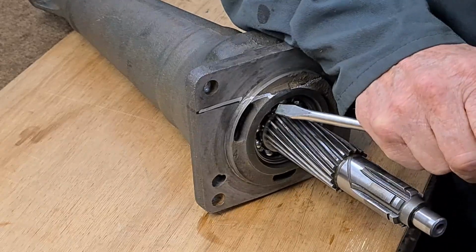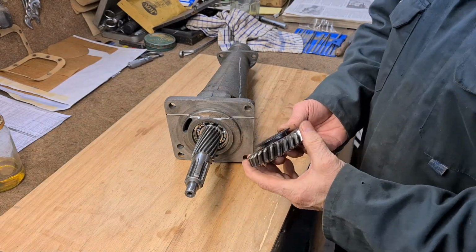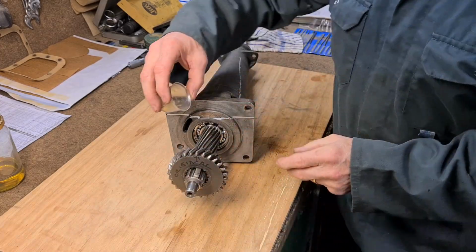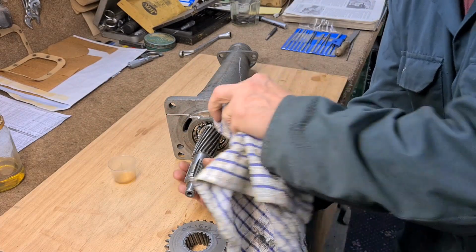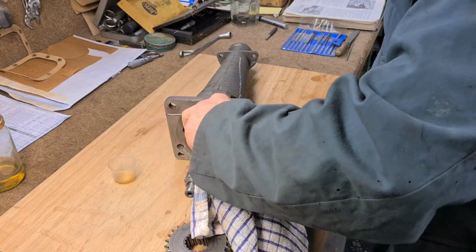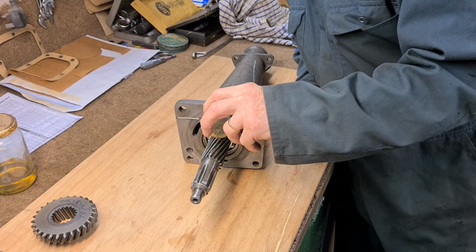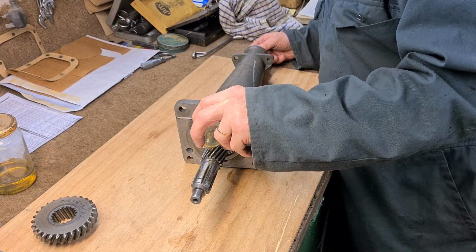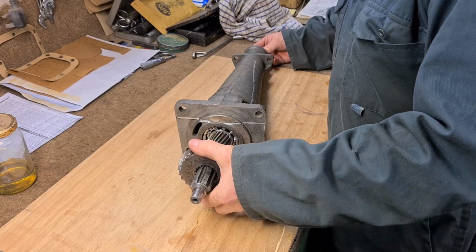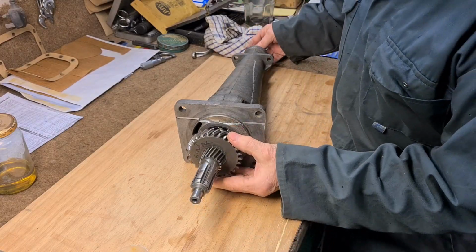Oh, that's nice. I just had to look at the book because I've forgotten what way round this goes. And what it is, the selector fork goes towards the back. So it goes that way. So I'm just going to put some... Oh no, that looks dirty first. Hang on. Get this nice and clean. I have to get this all spotless. Right. Put some oil on here. This is EP90 oil, which is thicker than the oil you use for the gearboxes, but it's better to assemble. Okay, so that...